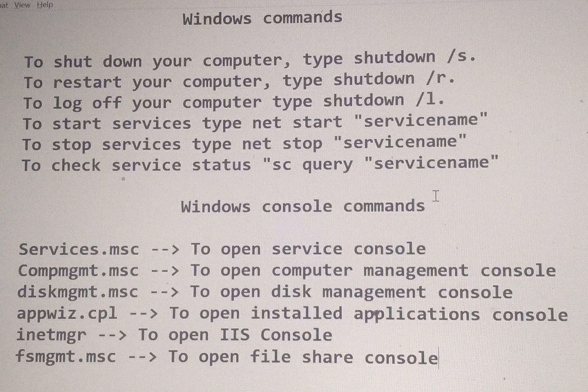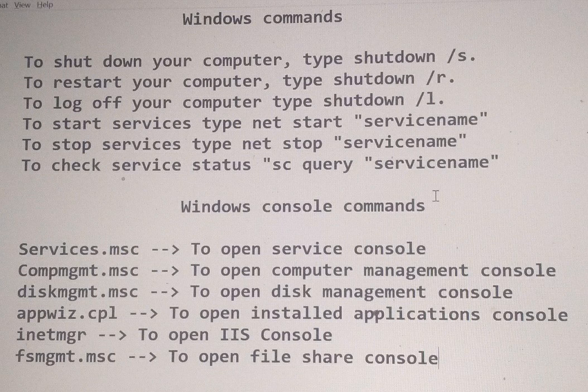You need to open Start, then Command Prompt or PowerShell, and type shutdown space /s. Once you enter it, your system will shut down in a minute.